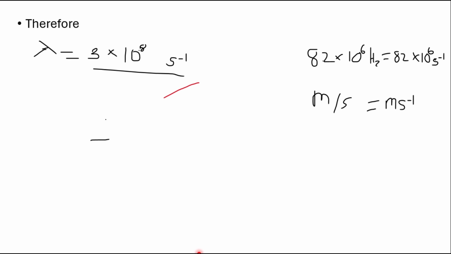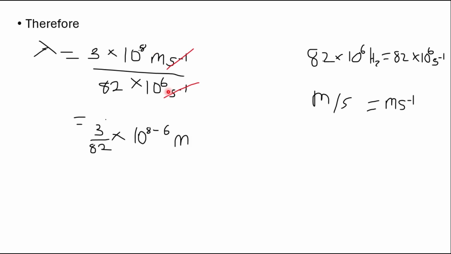So therefore, after converting the frequency to hertz, we have lambda equals the speed of light, 3 times 10 raised to power 8 per second, over 82 times 10 raised to power 6 per second. So second cancels second, we have 3 over 82 times 10 raised to power 8 minus 6. As the 6 moves from the denominator to the numerator, over 82 times 10 raised to power 8 minus 6,